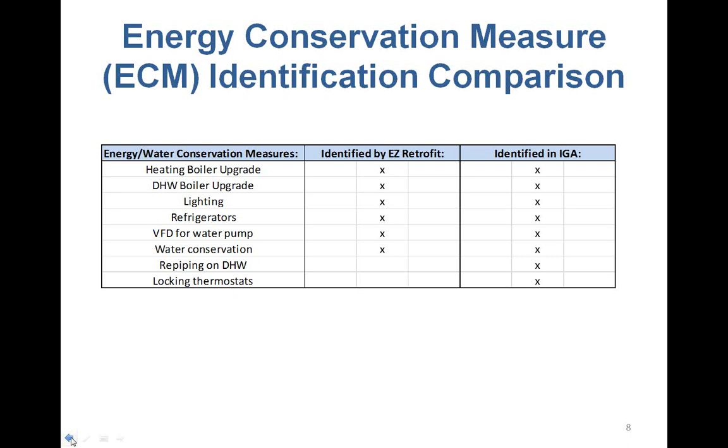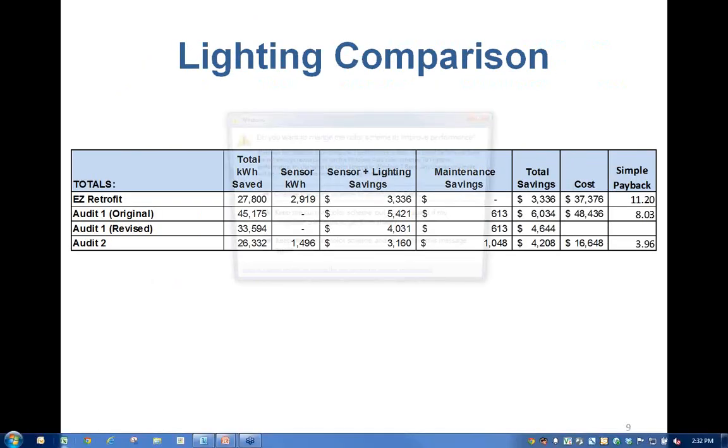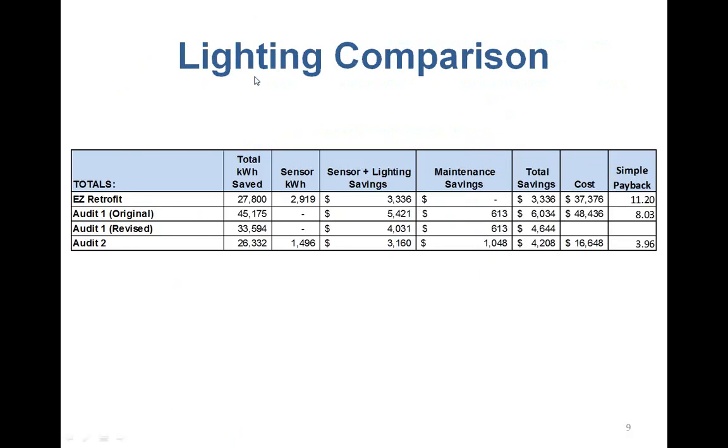But the takeaway here is that the EZ Retrofit tool identified many of the same conservation opportunities that we were able to identify through this investment grade audit, which cost a good amount of time and money to get accomplished. So just as a means of comparison on one area of conservation, one thing we looked at in the investment grade audit was the opportunity for installing more energy efficient lighting. And we also looked in EZ Retrofit at this, and you can see in the far left column here, total kilowatt hours saved. EZ Retrofit tool